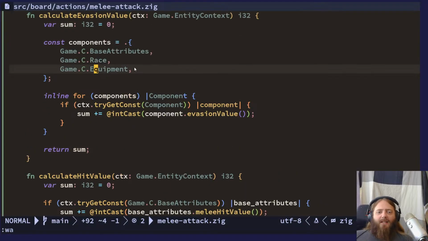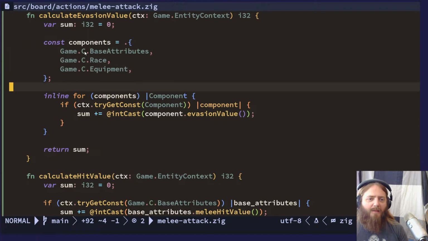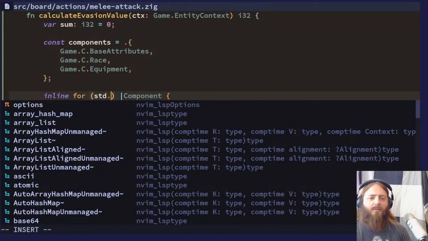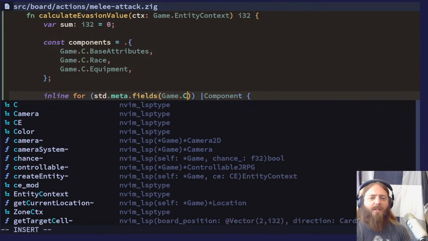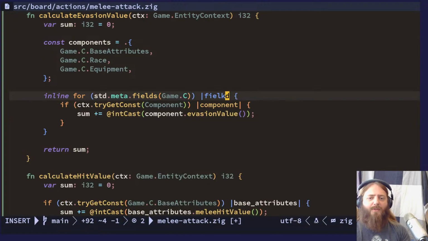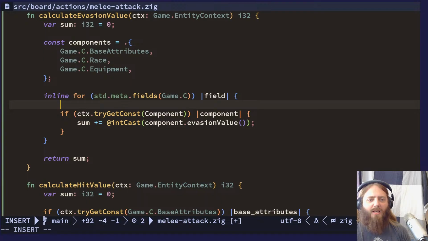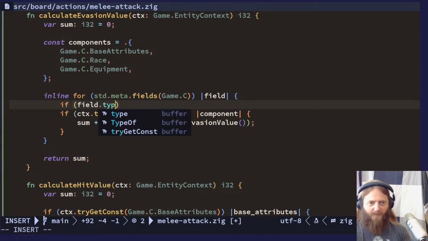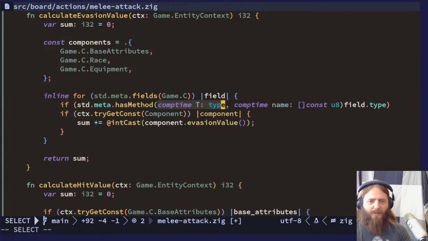Good. Technically, we can even generalize this further, because all components are added to game.c. So we can just iterate through all components. We can go through all the fields of game.c, we can get the field, that should now be a type. And we will say if the field type has a method,